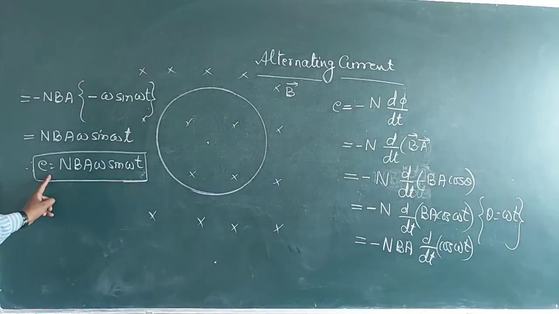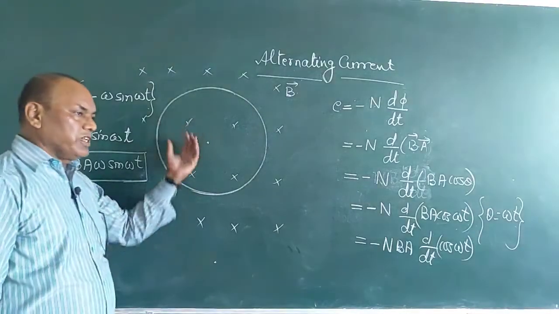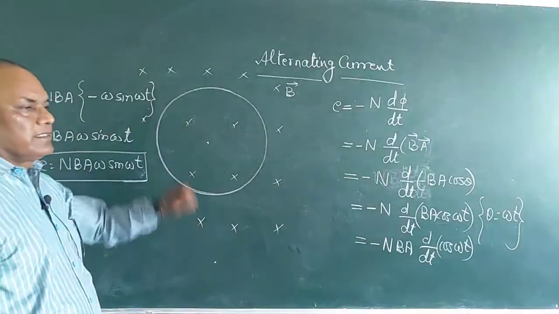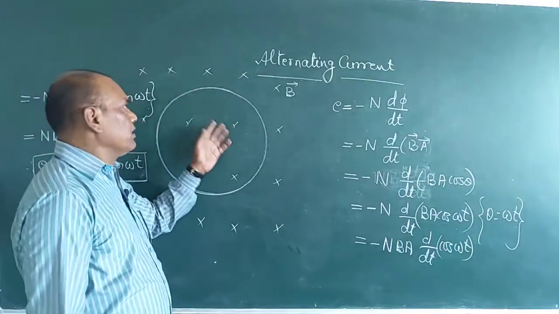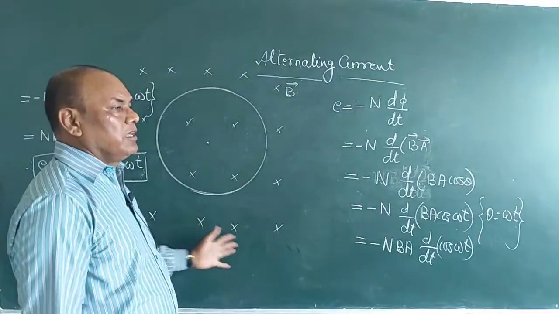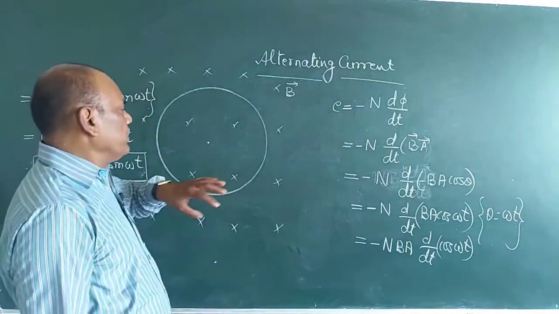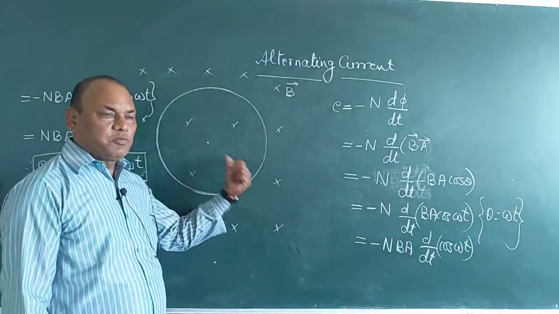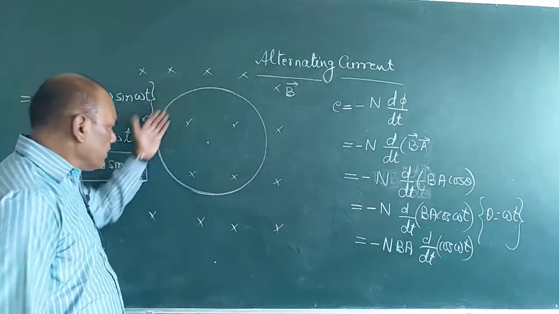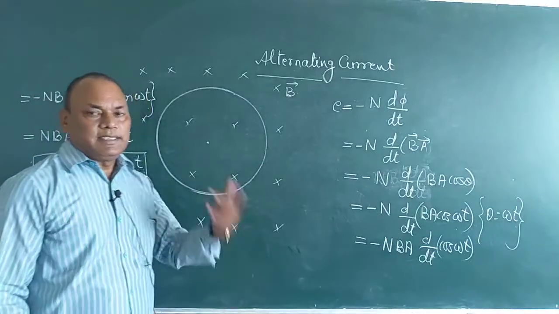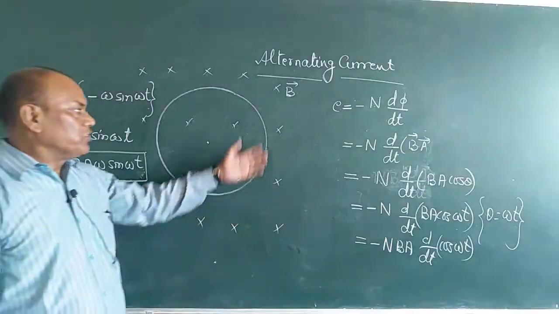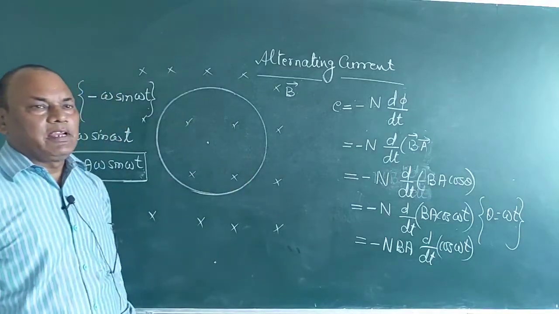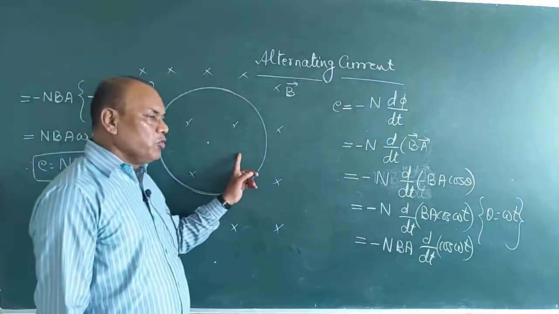This is the induced EMF which is produced in the coil due to its rotation about its axis. Now listen again. This is a uniform magnetic field which is directed inward to the surface of this board. Here this is a circular coil which is rotating about its axis in this uniform magnetic field. At any moment